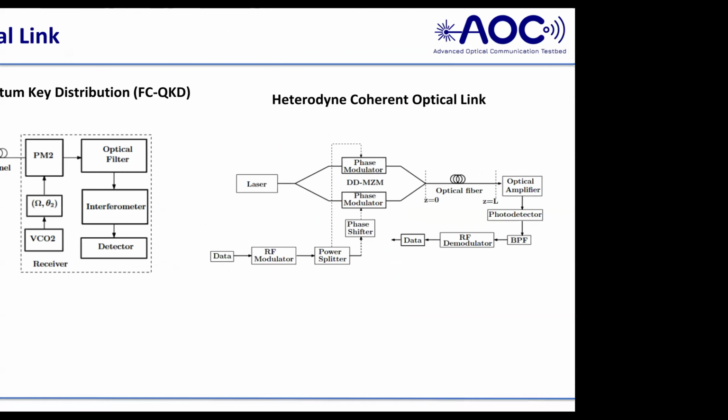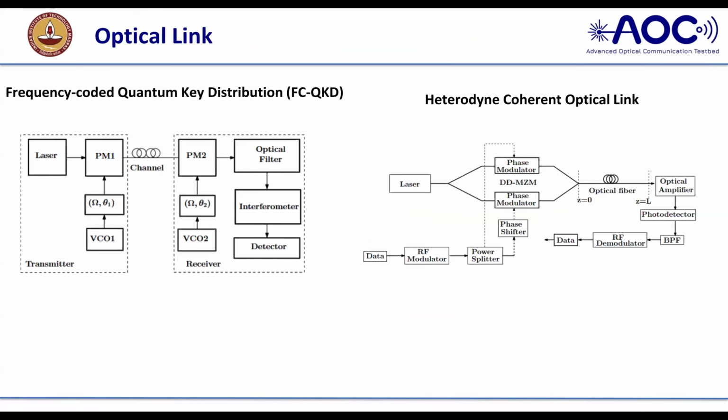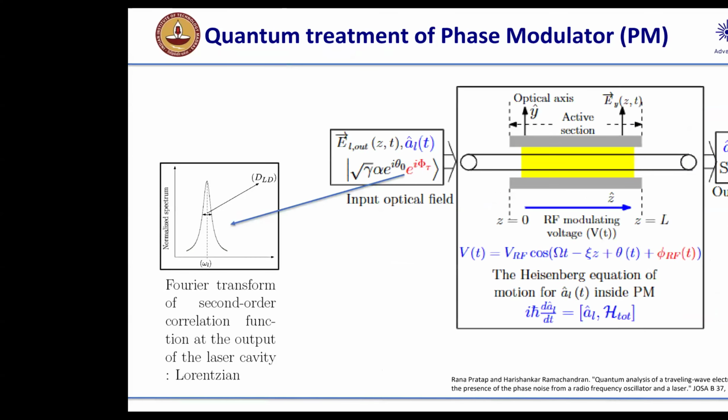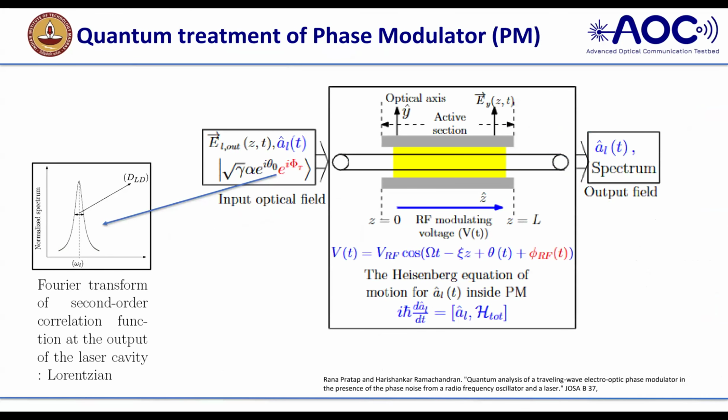So I said that the phase modulator is an important element. We take the problem as an ideal case. We assume that inside the laser a quantum treatment is happening, and outside also; I am assuming that everything is in quantum. So inside, the electric field at the laser is a field operator A, and the eigenstate means that a single-mode light will be generated by the coherent state alpha.